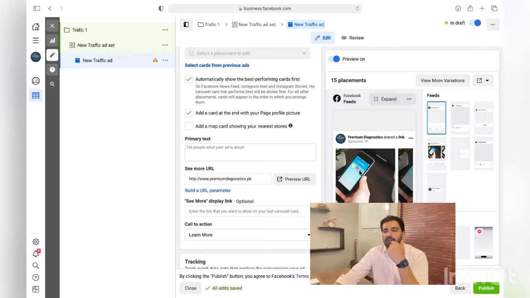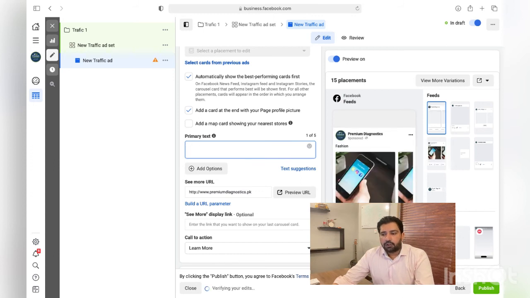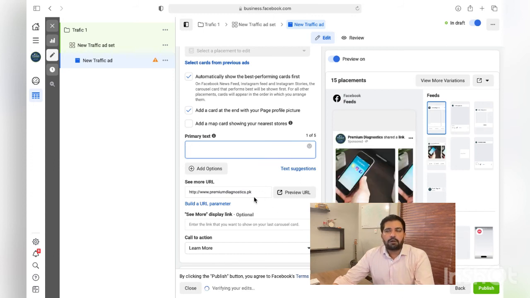That's in the Commerce Manager, and I'll do another video on Commerce Manager, so you get to know how to create a catalog and how to dynamically use it for ads as well. So keep the option to automatically show best performing cards first. Facebook will automatically show those creatives first which people are responding to more.